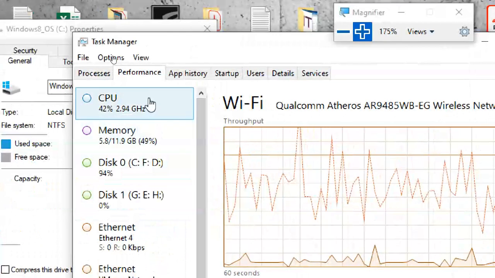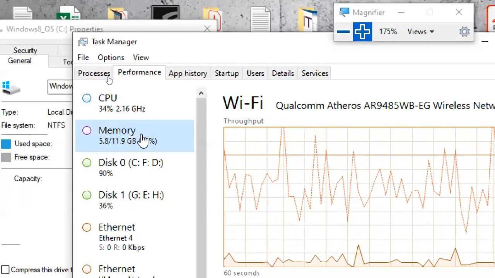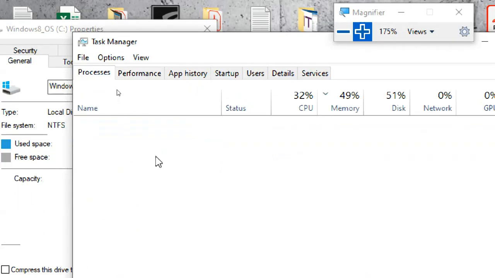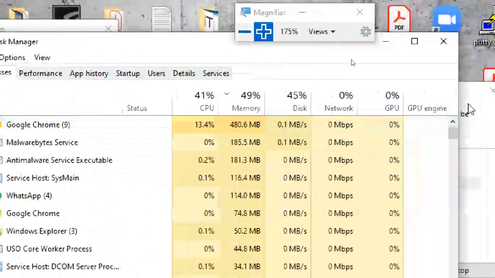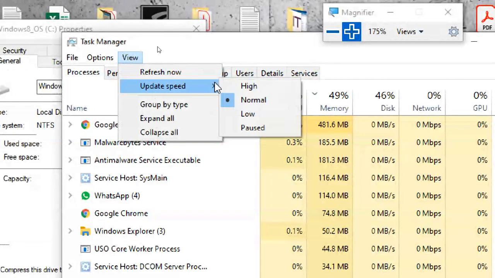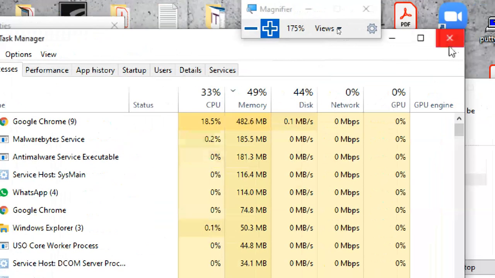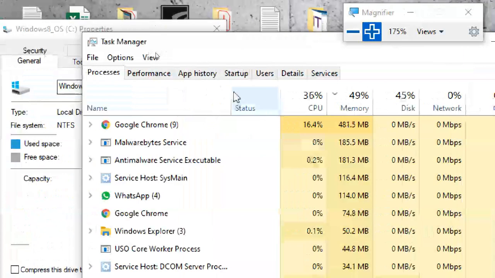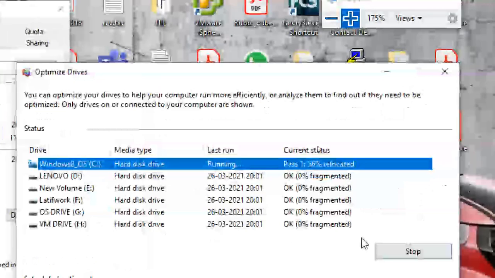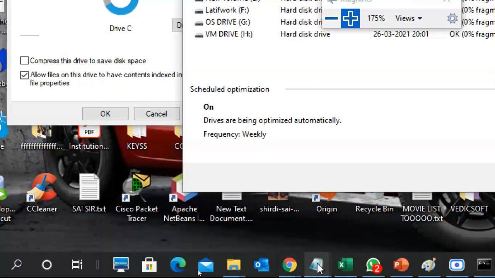Okay, guys, remind me later. So I said two points are there, one related to CPU and another related to memory, how to change a few things. Another one is you can go to View in Task Manager, update speed, you can keep it at normal or high. Update speed you can keep at high also. It will work smoother. And there are a few more points I want to add. Once it is completed, we will discuss a few more points.